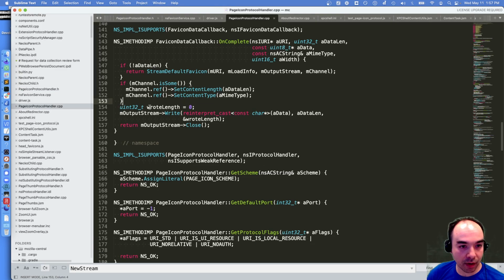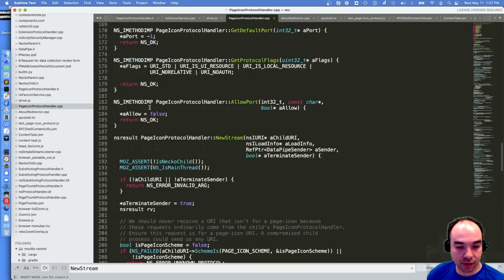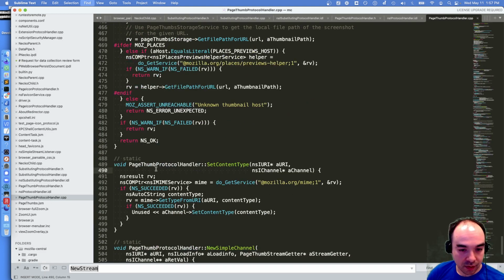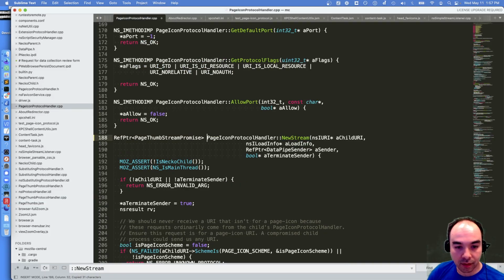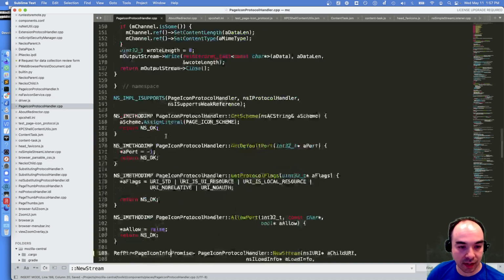So we've set up our contract. So NewStream, instead of returning an nsresult, how does the page thumb protocol handler do this? NewStream. We're really using that as our template. So that's the format. Page icon info promise. And I think we have to use a using.